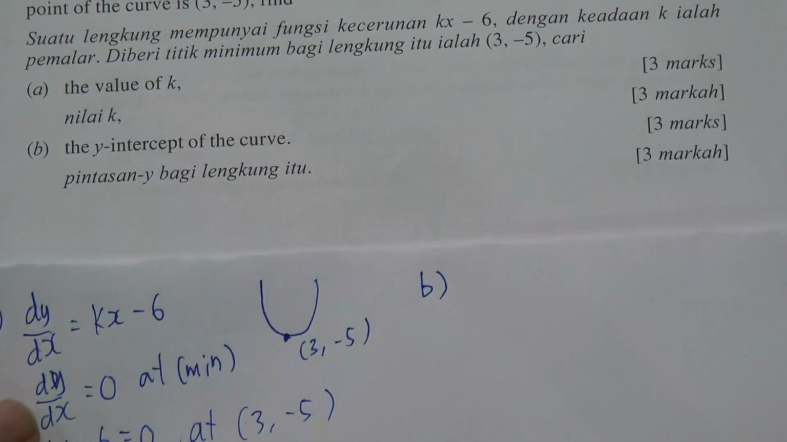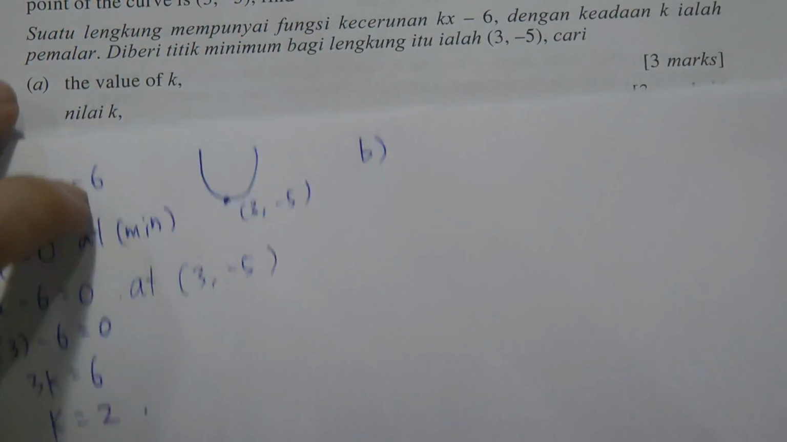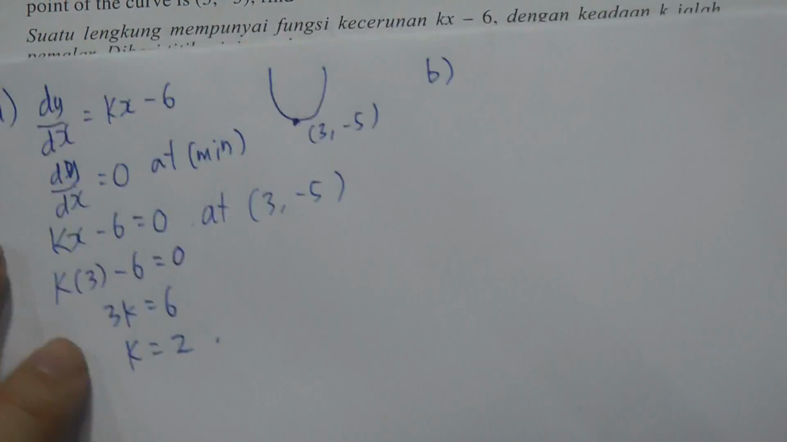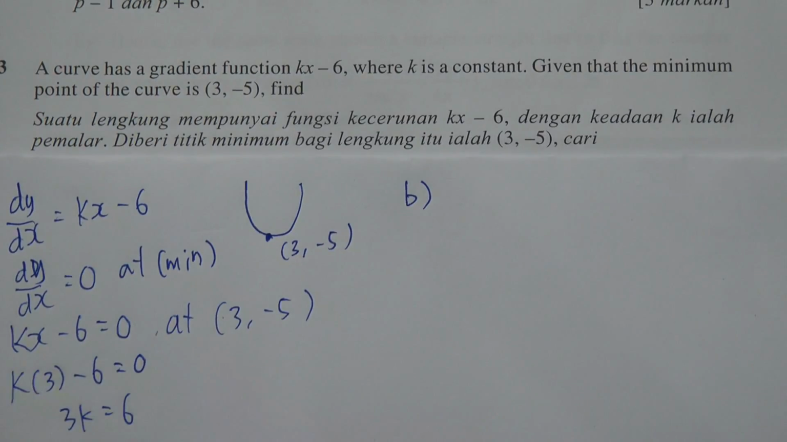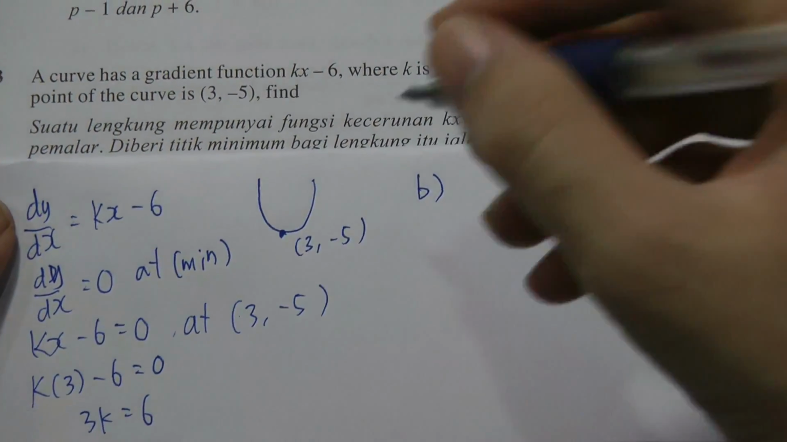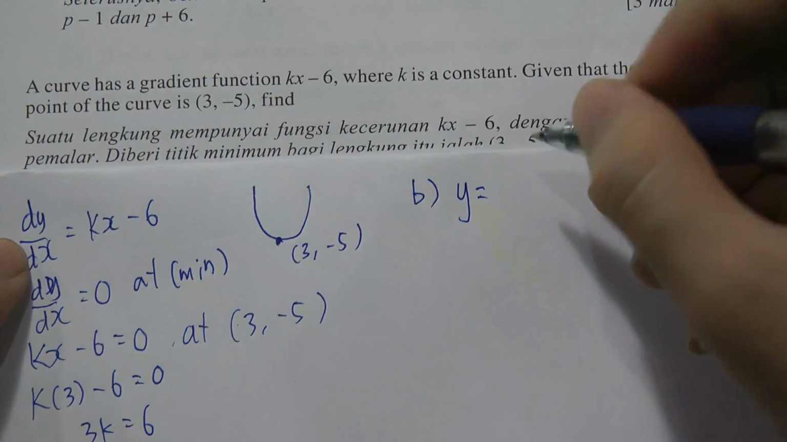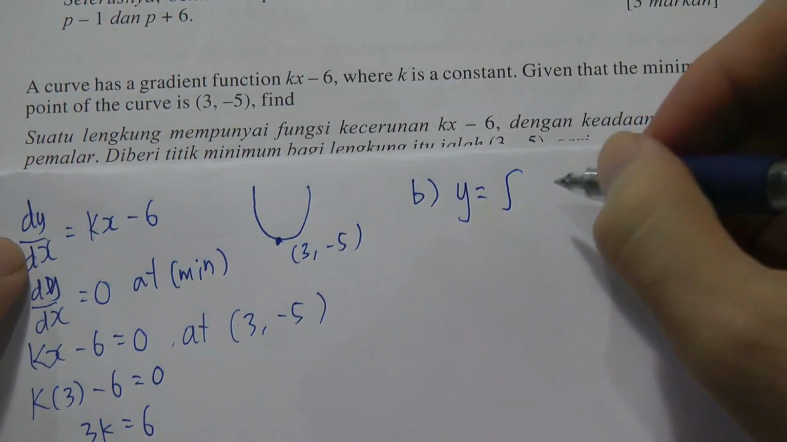Part B, he asks you to find the y-intercept of the curve. So when he asks you to find the y-intercept means what? Y-intercept means you have to find c. Now you only have gradient, so what you need to do is you need to find the equation first. So when you want to find y equal to something, you need to integrate the gradient. Integrate k